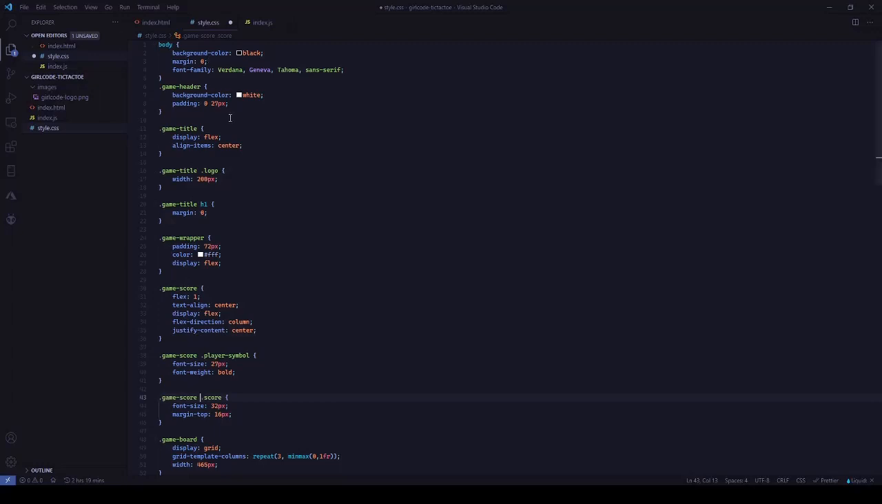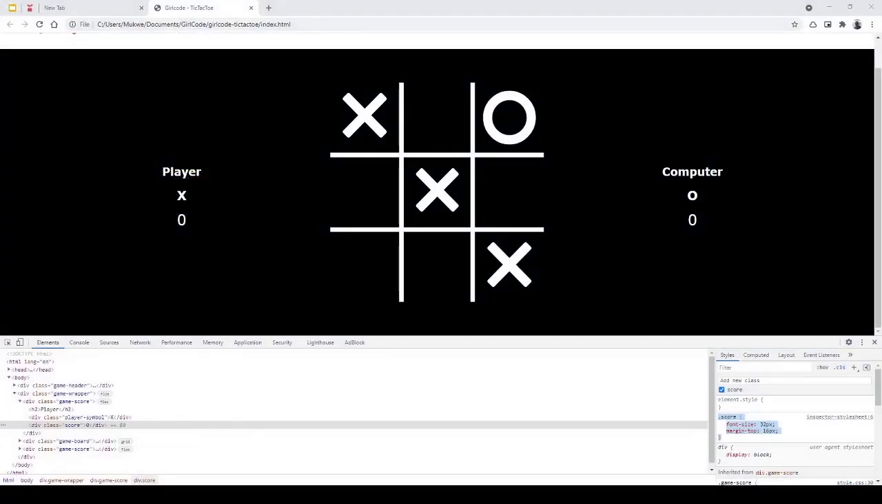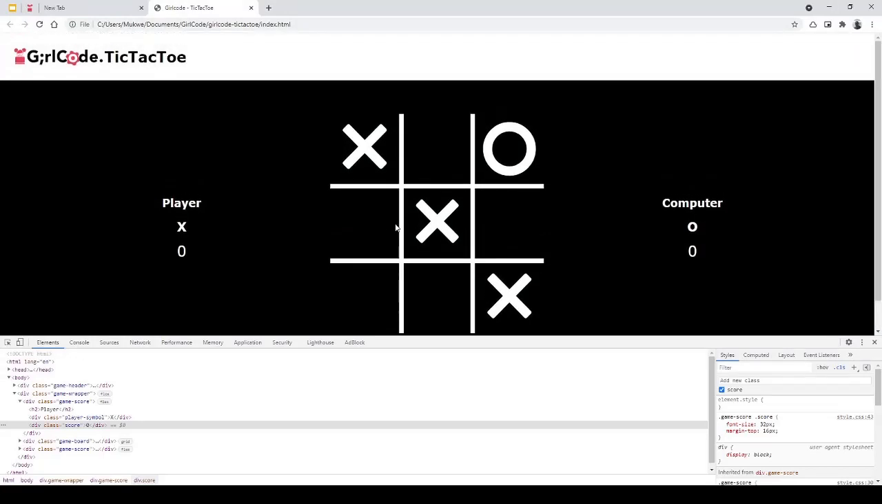Control save. Let's go to our browser. In our browser we have this. Let's refresh. We have this, looks much better. Now we're going to get to the most interesting part about